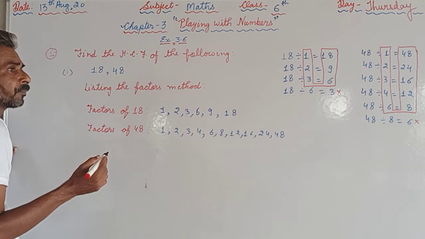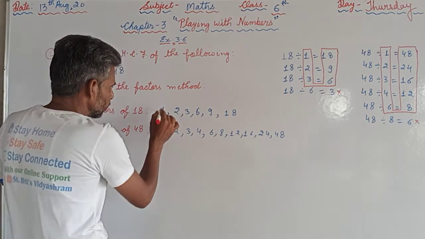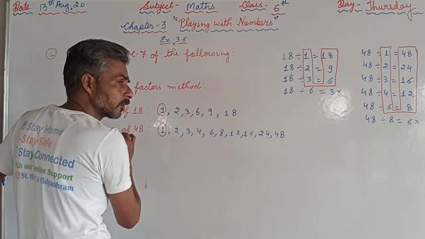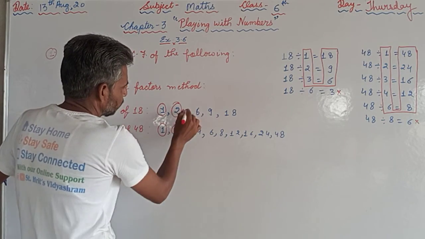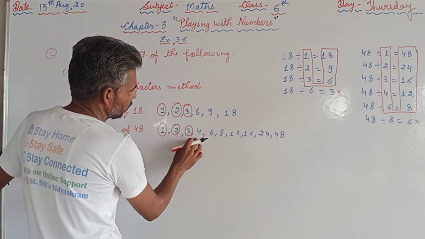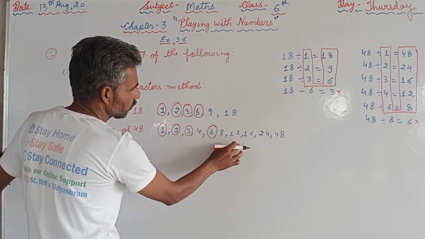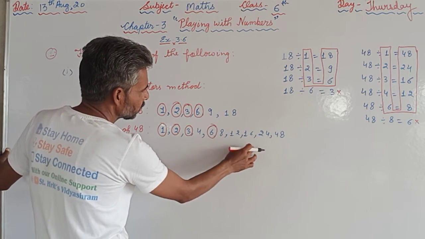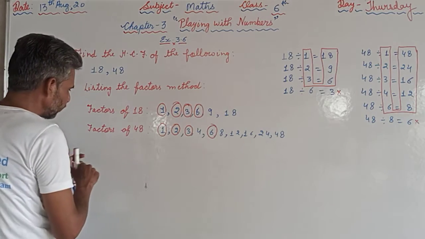So now we will circle the common factors. 1 is always common, 2 is here, 2 is here, 3 is here, 3 is here, then 4 is here, not here, 6 is here, 6 is here. Now 9 is not there and 18 is not there. So HCF